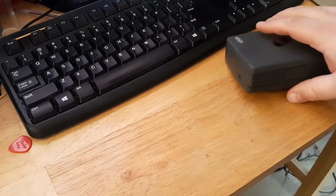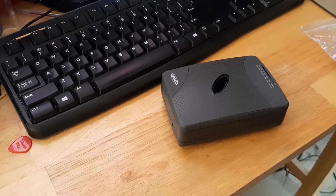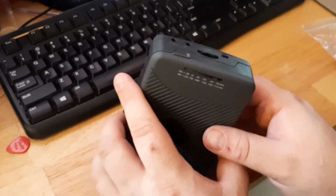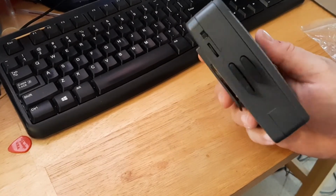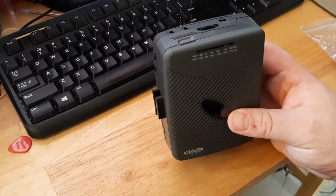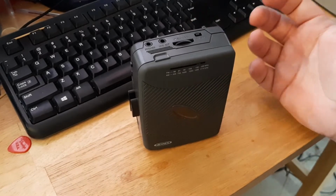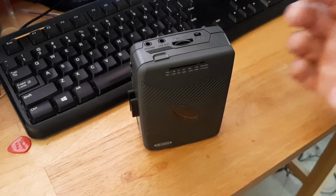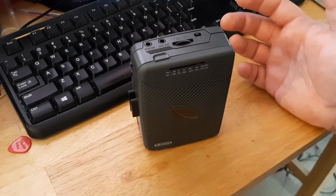So there we go. We will come back, I guess, and I will tell you what I think of it, how it works, maybe even record a sample from this line out, which is one of the features I actually really liked about this particular one. There's a lot of these modern day Walkman cassette player things that have built-in MP3 conversion tech in them to digitize all your old cassette tapes, but the problem I have with them is that usually those MP3 conversions only have one level, and I have a Crosley turntable that has this tech in it, and unfortunately,